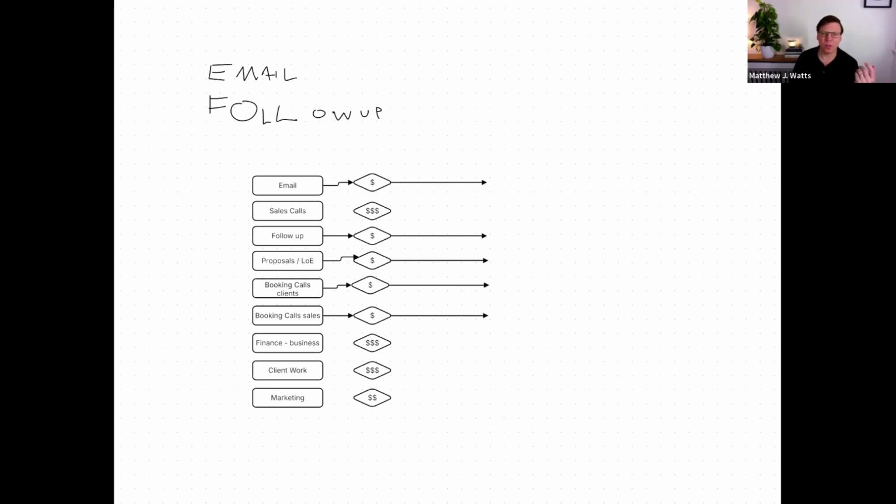And then in order to decide which one you automate first, maybe which one of these is consuming most of your time. That might be follow up. It might be writing letters of engagement. It might be just wading through your email. So whichever one of these is consuming most of your time,